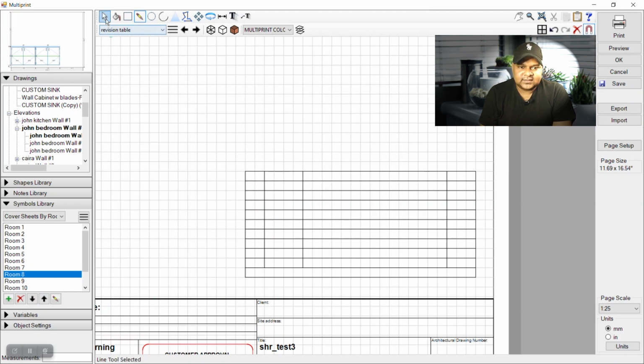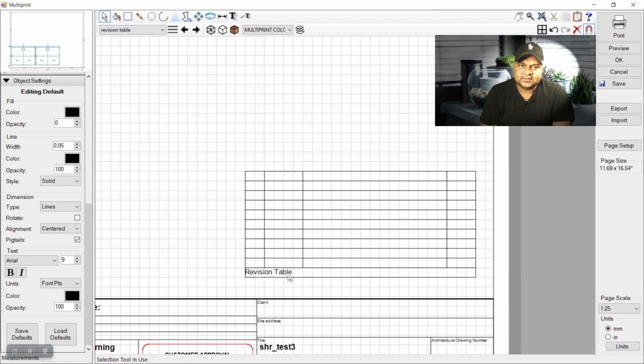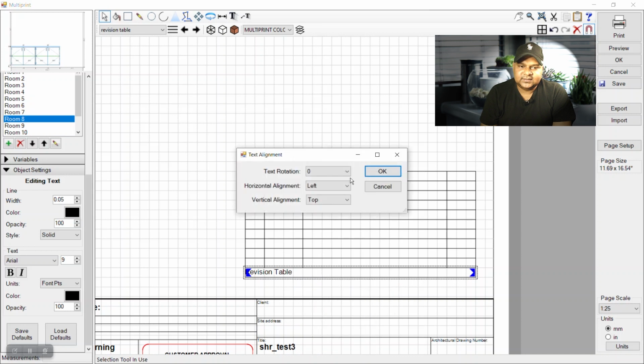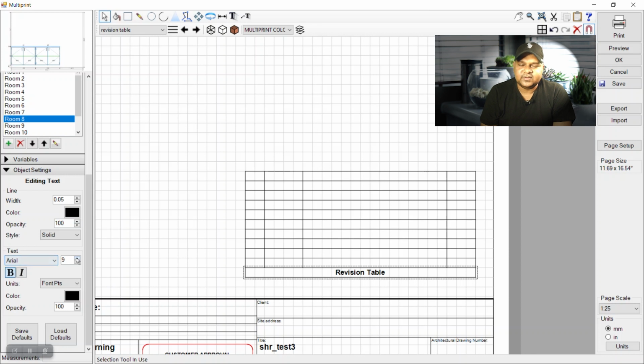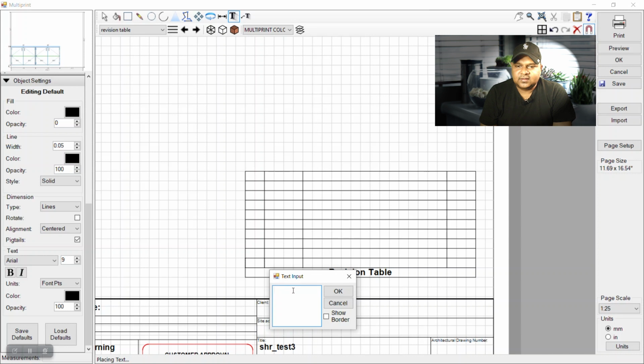And again, we can select that text, right click and choose text alignment. We can make it center and middle, and make it bold through these object settings. Now we have our headings, and we can quickly place ID. We can put revision number or ID, whatever you prefer in your revision table, and we can place date here, and description,